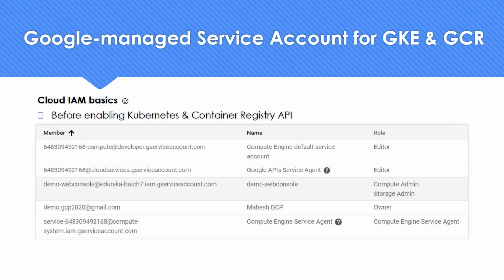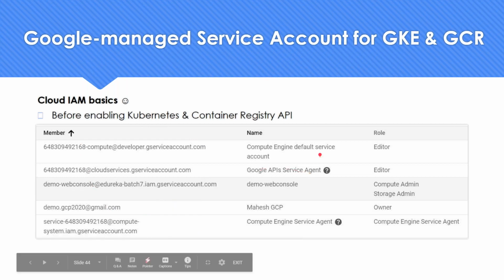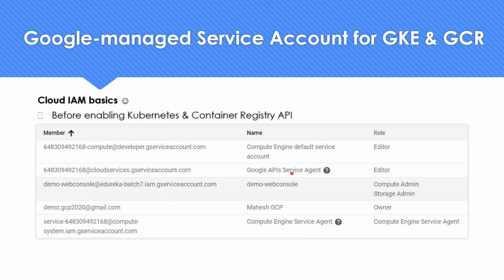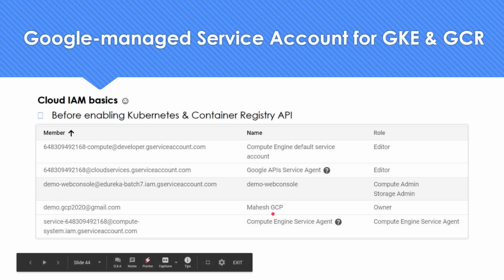That way you will come to know which services are going to be changed, what service accounts are going to be created. You'll get a complete picture. This is a small activity which you can do. So that's the reason I told you IAM will never stop. It is always going to continue. Here we are going to turn on certain APIs. Before, it's going to be only this one, the Compute Engine default service account, one Google-managed service account. Maybe you may have a few with the owner roles, all those things. Once you enable it,